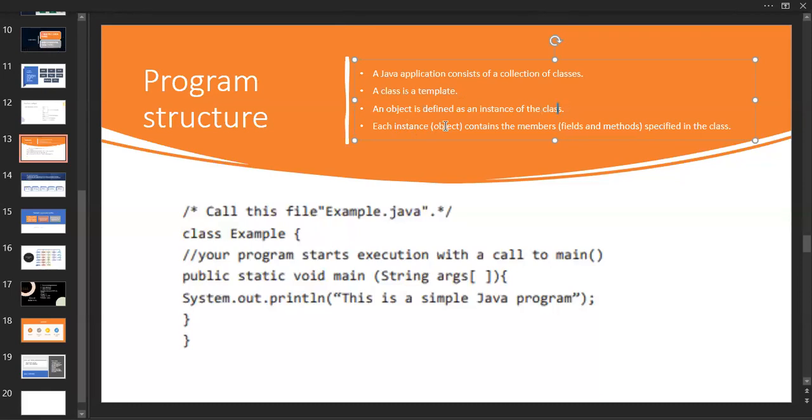Each instance, in the sense an object, contains the members. What are the members? Fields, in the sense of variables or some other statements, and methods. In C language we call them functions, and methods and functions are the same. The methods consist of parameters or arguments, both are the same, specified in the class.